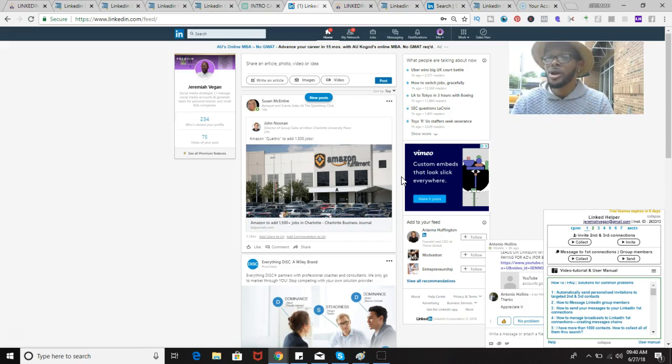You can get the free trial version if you never used Sales Navigator before, or you can get the paid version, which is $80 a month. The reason why I like LinkedIn so much is because they actually allow you to test the Sales Navigator for free. It's well worth it. So if you never used it before, you can get the free trial version, or you can just get the $80, and you're going to get your money back, especially if we are running the campaigns for you. So what we're going to do is we're going to click on Sales Navigator,